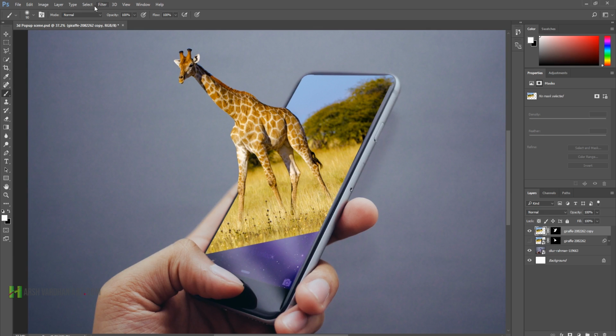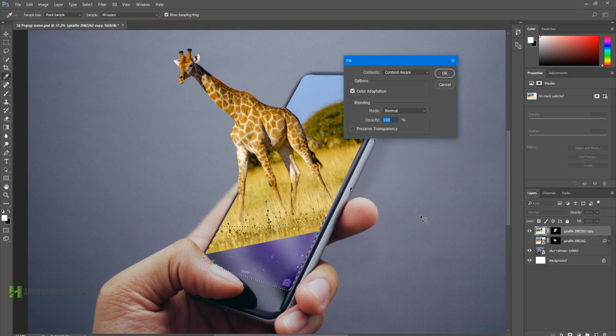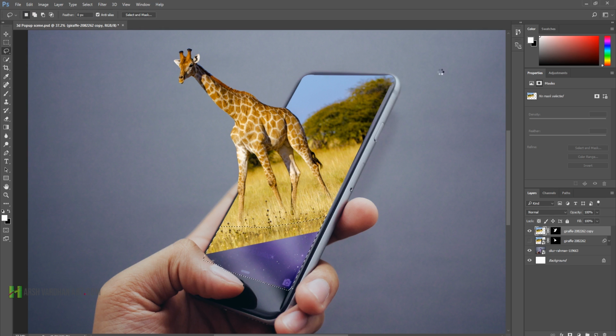So we'll go to the select menu and reselect, make the selection, and now select the lasso tool, and we'll press Alt and make a selection of this area which we don't want, and that way it is going to remove it from here. And now press Shift and Backspace, and from this drop down menu make sure you select the content aware and press OK, and it is going to fill it with this grass,